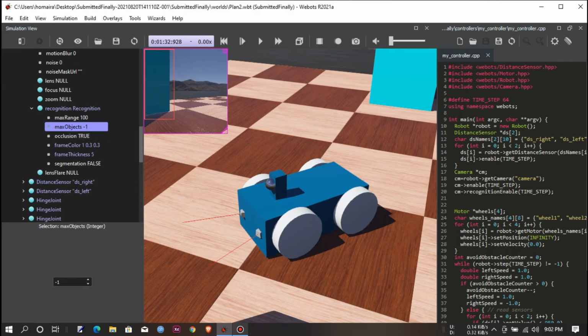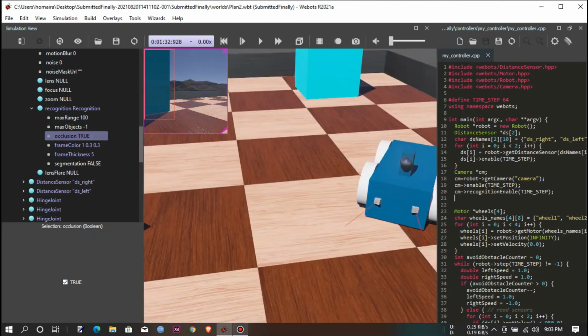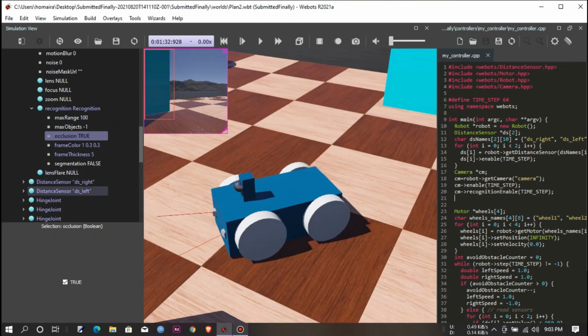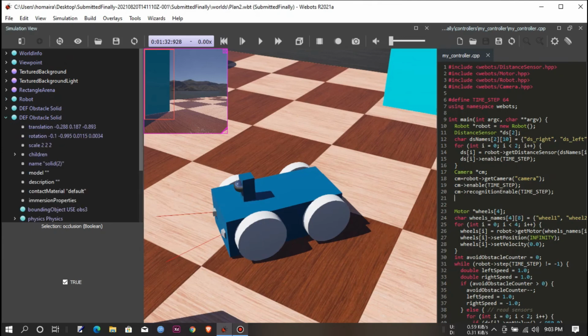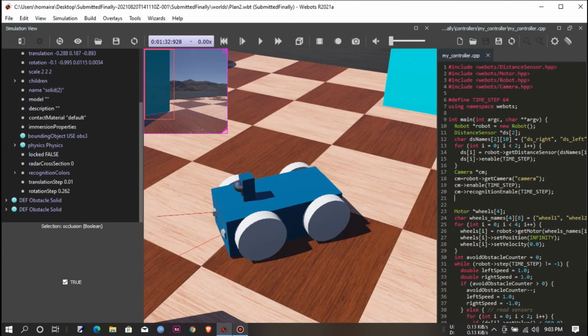If I give 3 or 4 here, then it will be able to recognize 3 or 4 objects only. Occlusion is given true. It means if there are multiple objects, it can see those objects which are behind other objects too. I have also given recognition color to each object so that the camera can point to the object. That's why we can see the red sign in each object, because the camera is recognizing them.